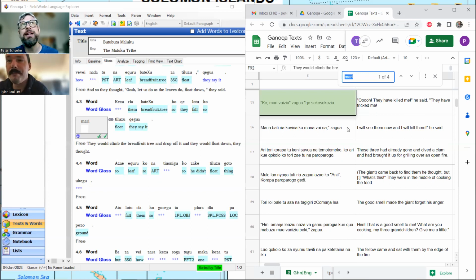Yet, importantly, he doesn't die at this point in the story. We recall he doesn't die till the end when the tide takes him and covers his head, the giant. That's true. Isn't it weird that he says they have killed me in the translation, yet he's still alive? It's like that Reno 911 famous meme.